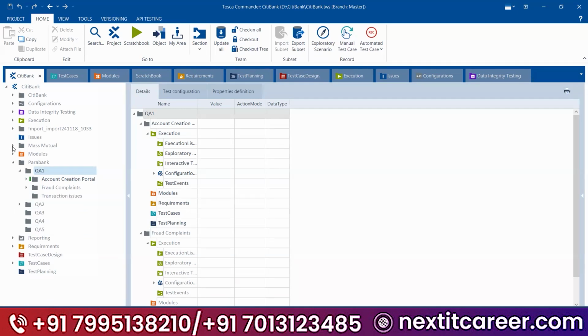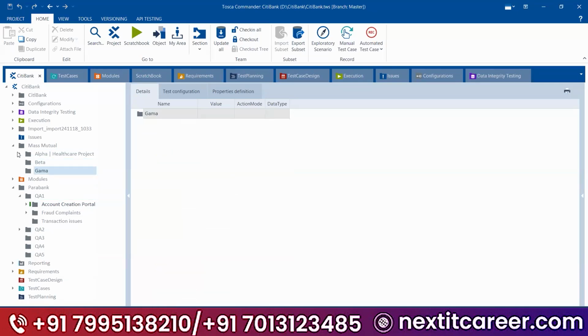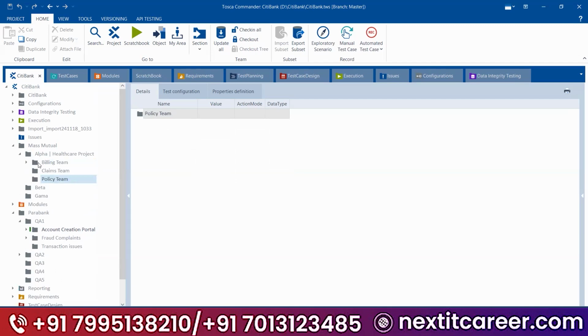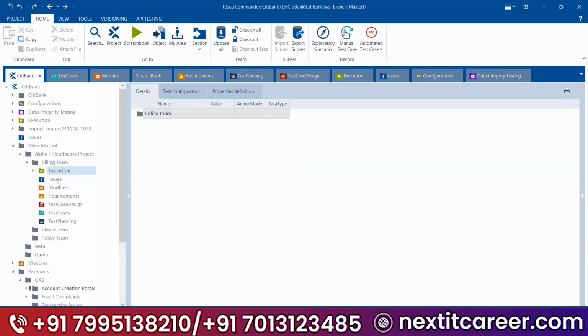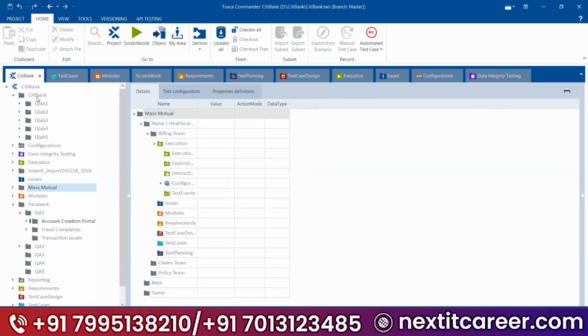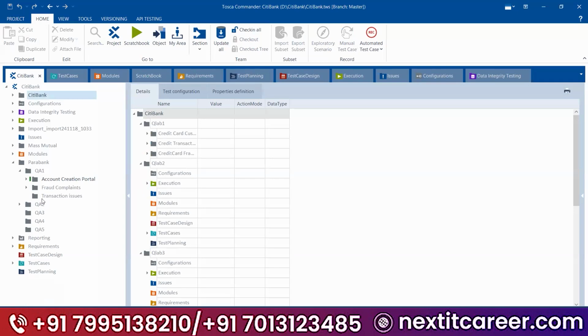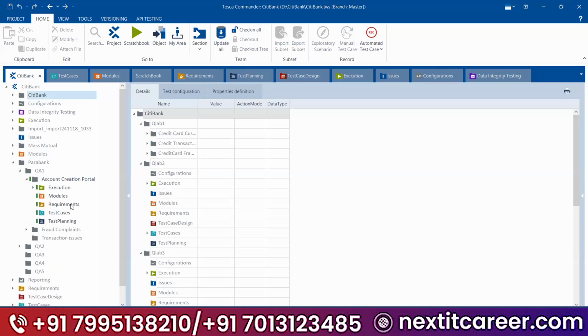For example, if it is an insurance project, I have divided alpha, beta, and gamma teams. In the alpha team, I will have billing, claims, and policies. Inside billing, you will have different persons here. Okay, you can see it depends on company to company. For one company, for Citibank, one project, you'll have 1, 2, 3, 4. We have QLab 1, QLab 2, QLab 3, and QLab 4, or lab 1, lab 2, lab 3. Team 1, team 2, team 3, team 4. So you just tell them QA1, QA2, QA3. This is how you need to explain.